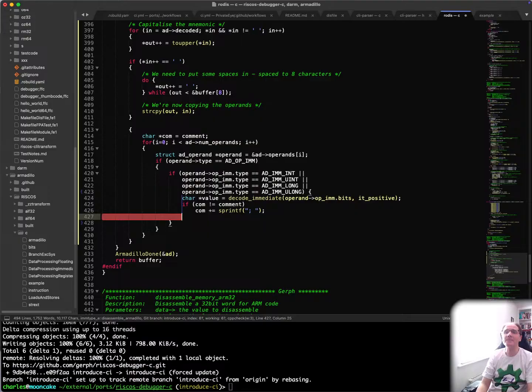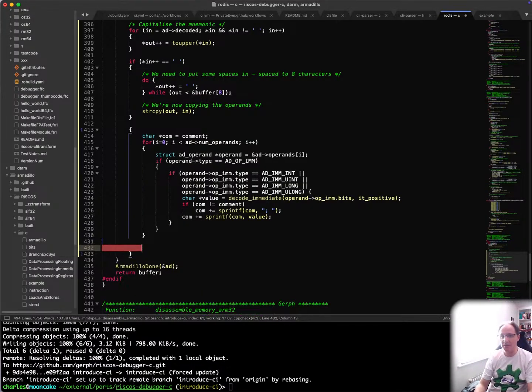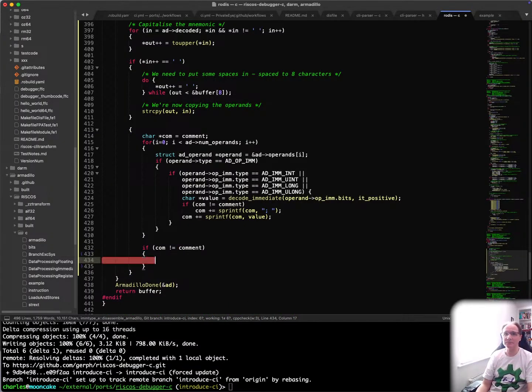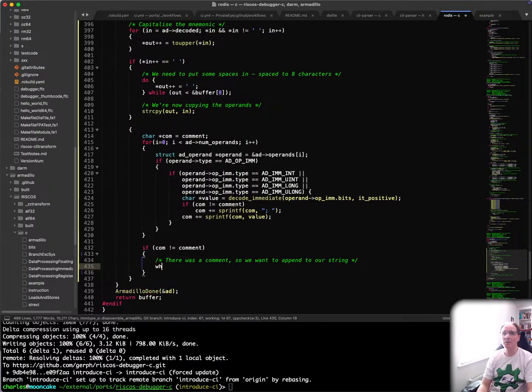And then we do to com. Sorry, I forgot about that. To com there. And then com plus equals sprintf com values. That'll build up the value on the end of it. Finally, if we get to here, if com is not equal to comment, string while